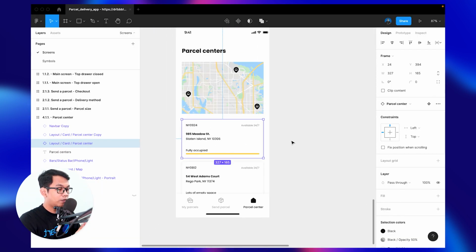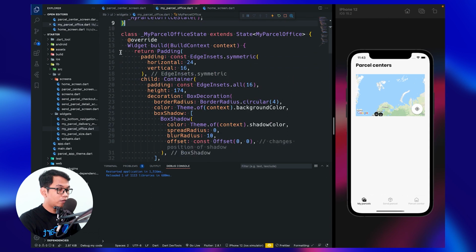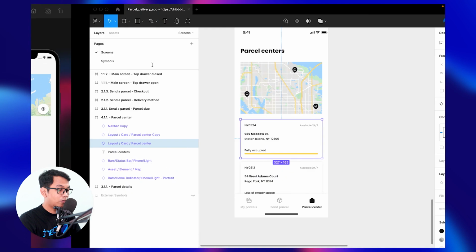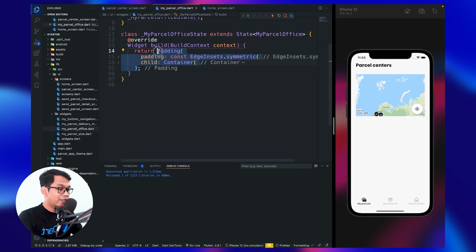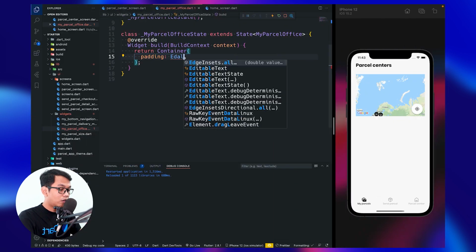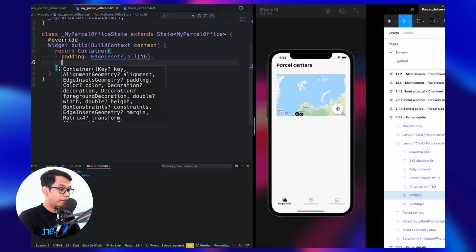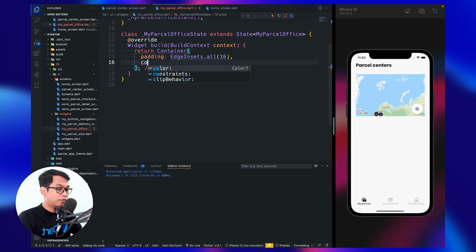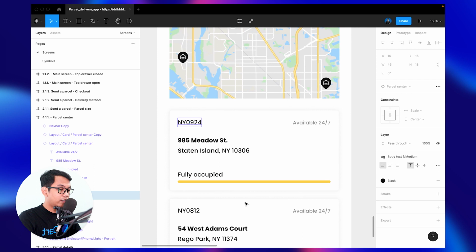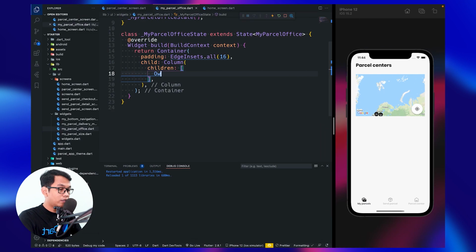All right, so no, we don't need to copy all of this, so we just need to use container again. And for padding, we use 16, all 16, and inside that we have a column using child, and inside this column we have children, and the first child is row.